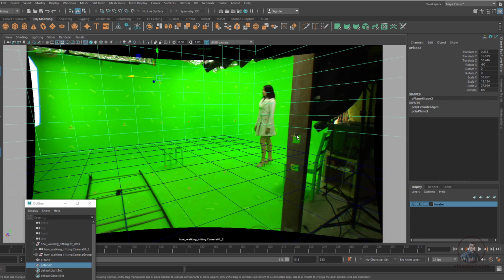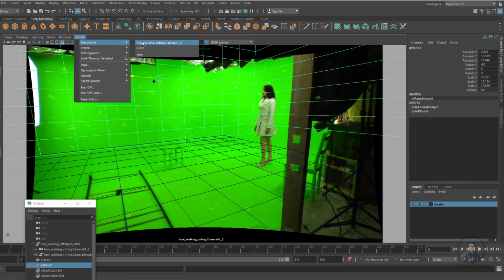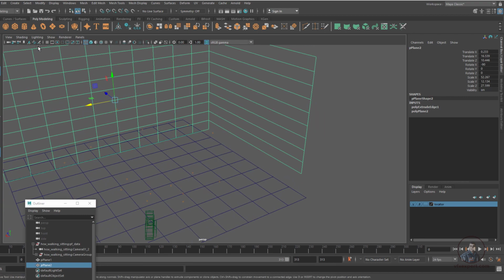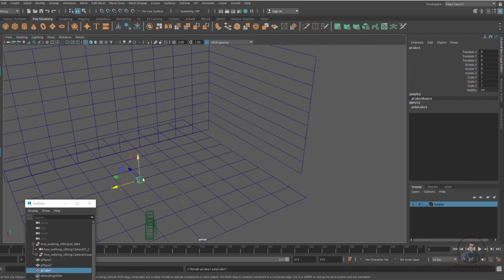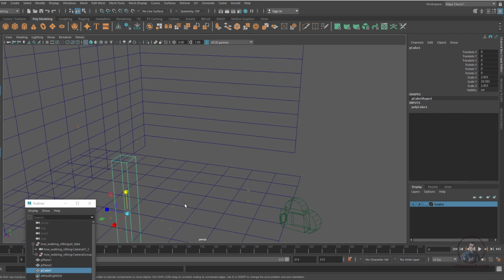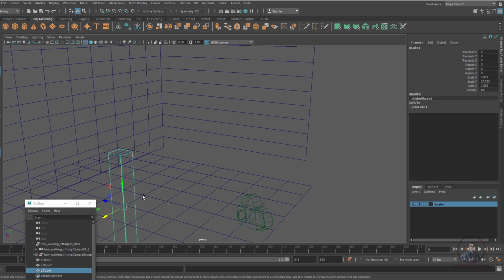Now finally we have to create a pole. Remember this one? So how can we create this pole? Again, come here in perspective. We have to take a cube here. After this, scale it a little bit according to your requirement. Then finally we have to snap the cube, or pole, on top of this vertex, because we have to place this pole exactly there. Press W, then V, like this we snap.